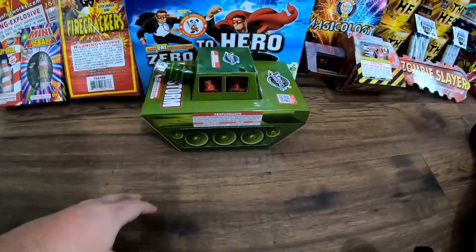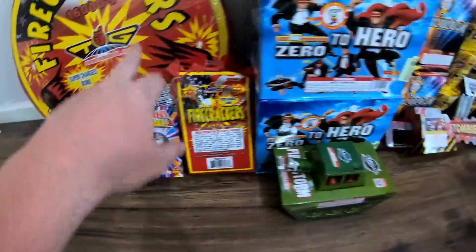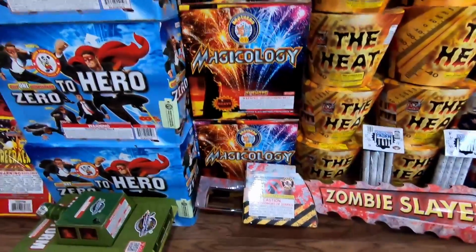That's what I got on the retail side. Again, I forgot these three were retail. That was retail. That was wholesale. Up next, we got Brothers Magicology. So it's a case, comes 6-1,